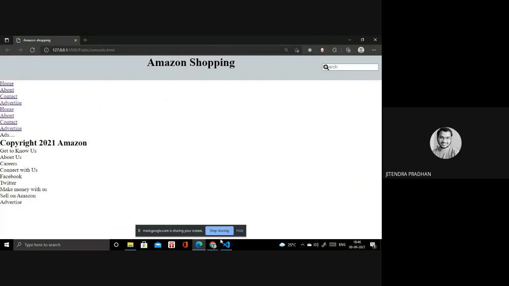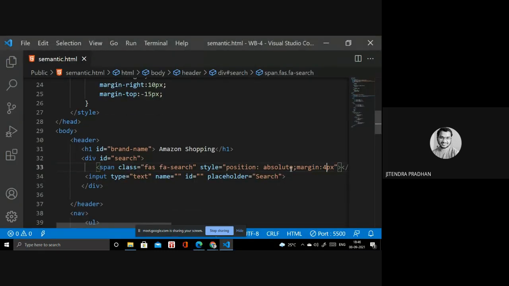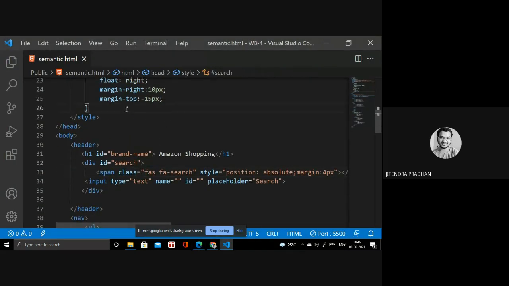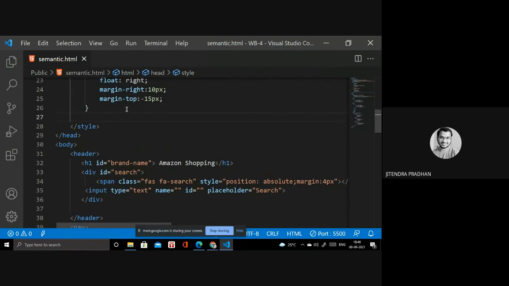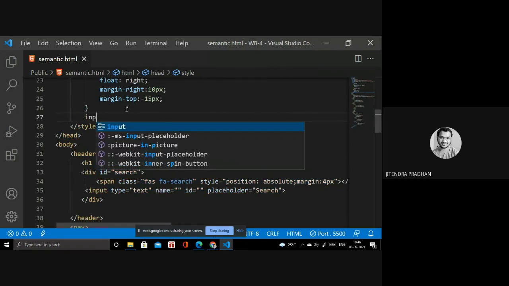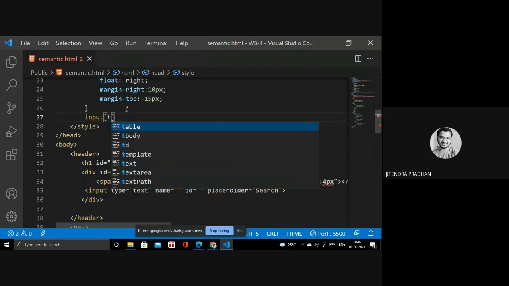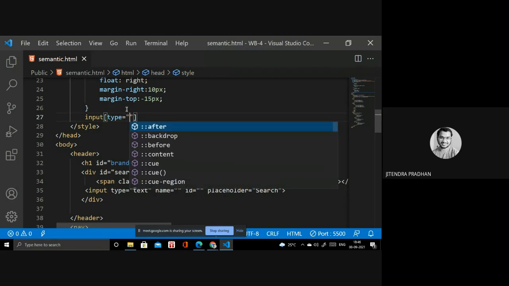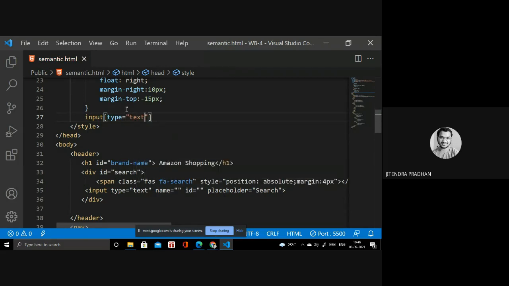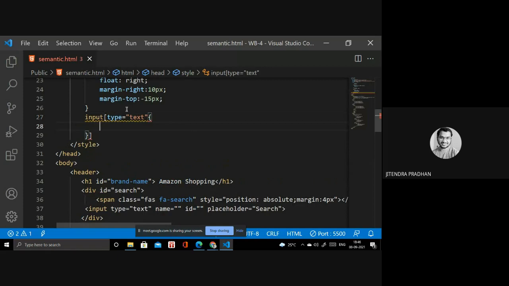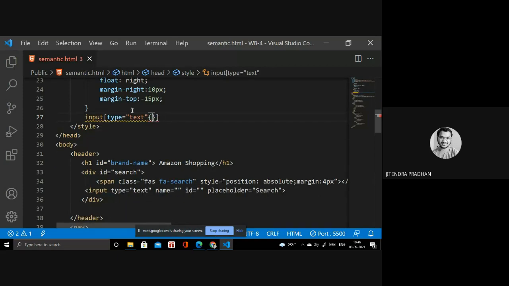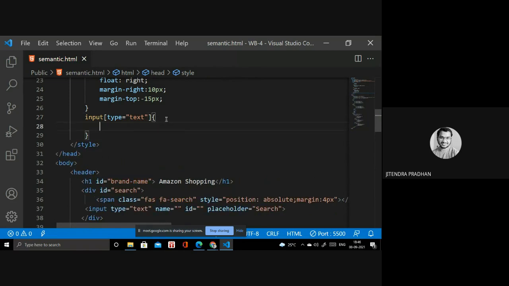Obviously it looks better, but I need to change the search box, right? So inside input you have to write type search. Wait, type inside text. Margin, wait, sorry. Inside I do not need to write extra. Yeah.